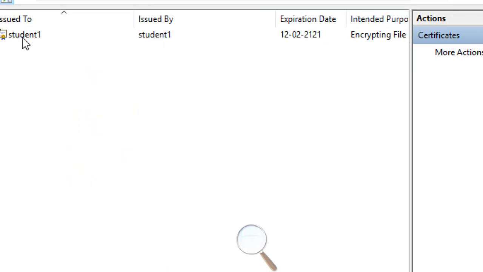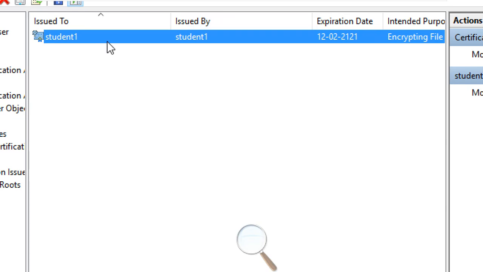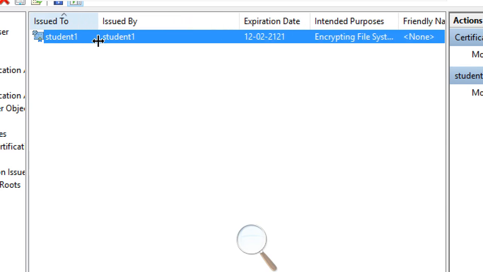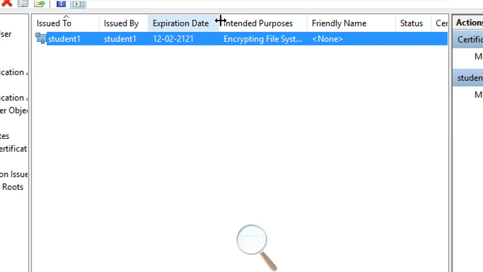You can see this certificate, and its expiry is in the next 100 years. The certificate is valid up to 100 years. The intended purpose is Encrypting File System.